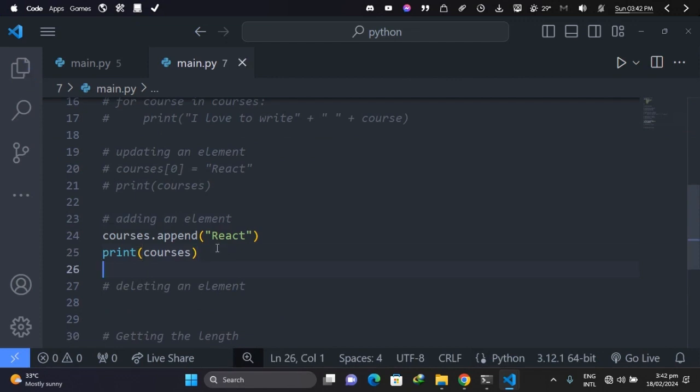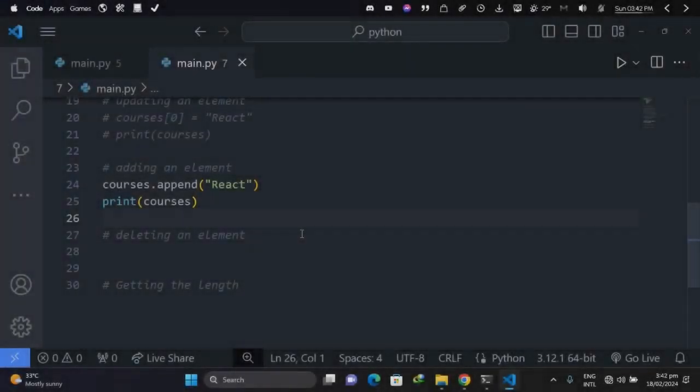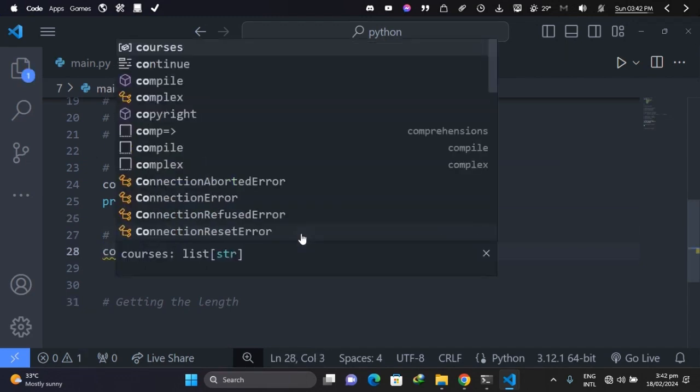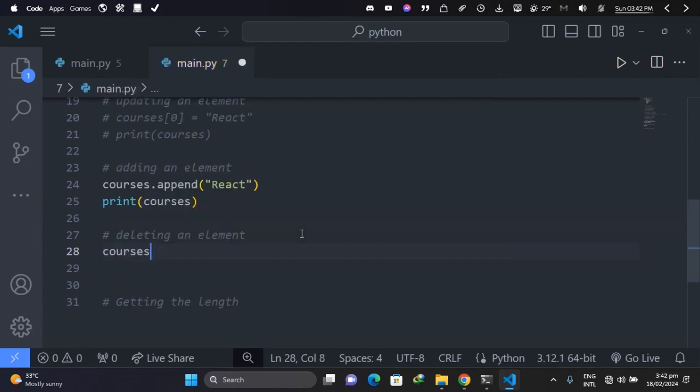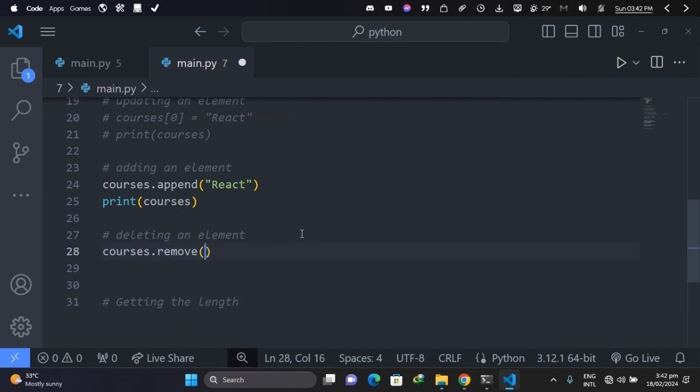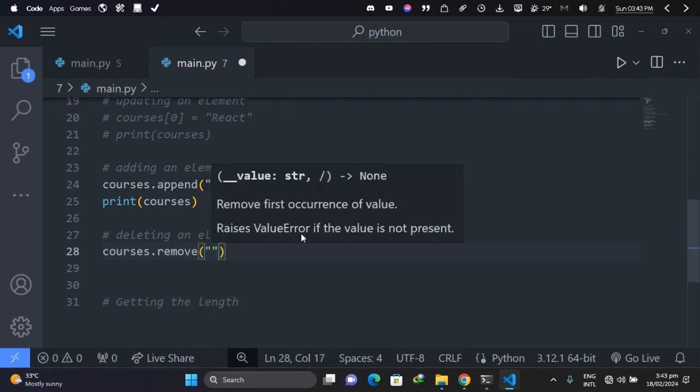Now how about removing or deleting an item? How do we delete an item from our list? To remove an item from your list, we use the remove method. So how do we do it? We can have courses, then dot, then we call the method which is remove, and then we pass the element we want to delete, the value of the element. And what's the value? We can delete maybe